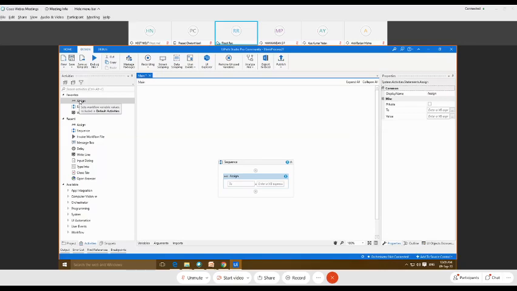Now we'll create another workflow, and then we'll try to pass the values that we have provided for the argument in and argument out from this workflow to another workflow. So I'm just going to create a sequence and create this as another workflow.